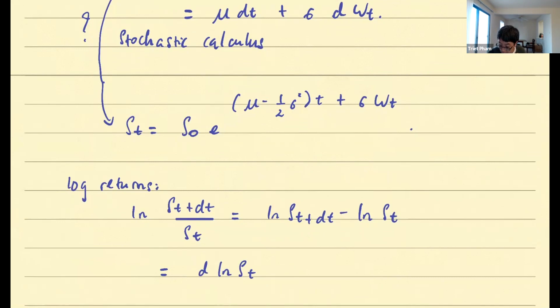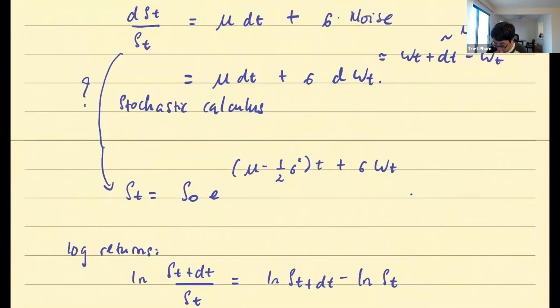Just almost by definition, that's what we mean when we say the increment. So actually, this whole maneuver right here tells you that the log returns is close to the change in log price, where log price means log of price. The log returns is close to, or equal to, the change in log price when the length of time is small, when the interval is small. But then, on the other hand, the log returns is a kind of return.